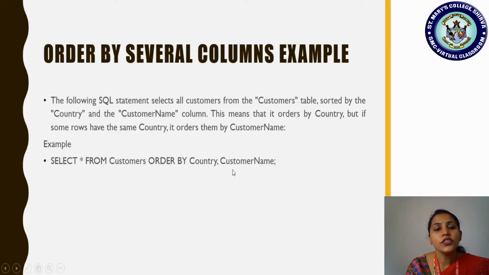Okay, so just check out here: select asterisk symbol from, that is select all attributes, all columns from which table? Customers, order by which one? Country as well as customer name. So for two columns we can apply the sorting. So first preference is given for which one? Country. Based on this it will be doing the sorting.